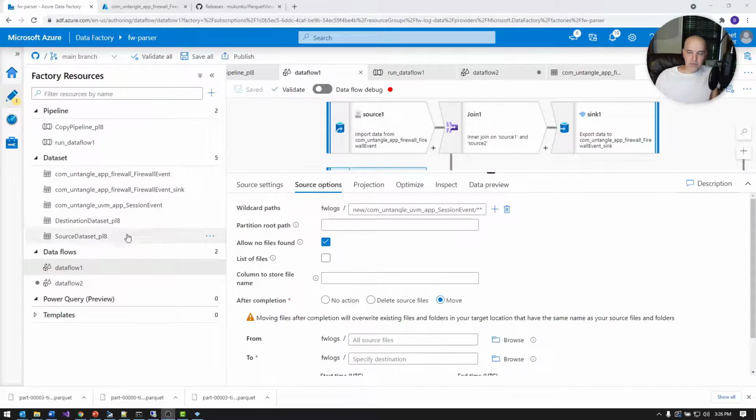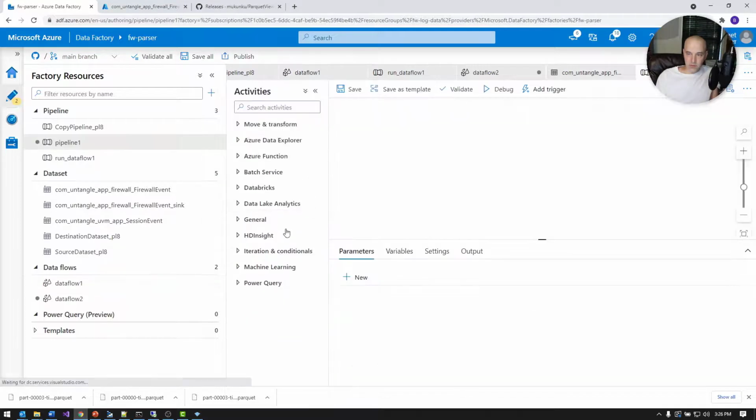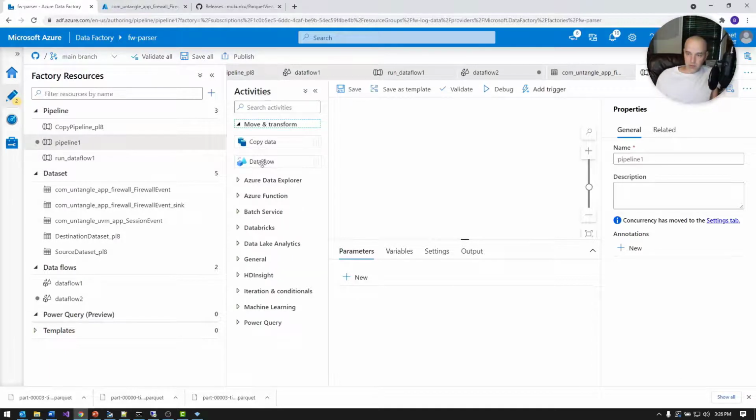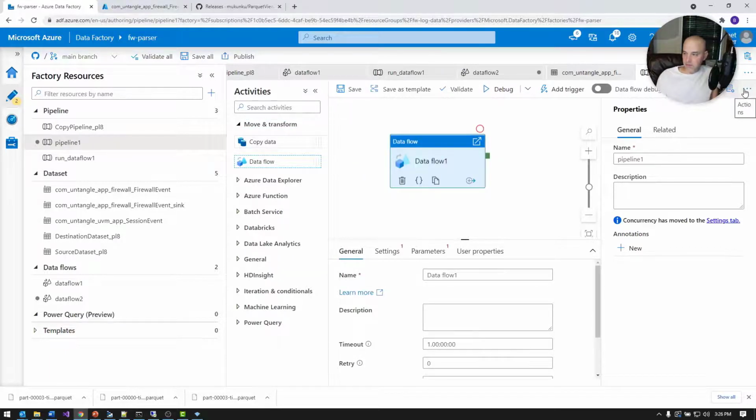Running a data flow is pretty straightforward. We just need to create a pipeline for that. So I'm going to go over here and just show you that it's pretty straightforward. Create a pipeline. You can name it whatever you want to. And then you go over here to move and transforms and you drag data flow onto the canvas. And this is where you set the properties for the data flow to run in what we might call the production environment, if you will,